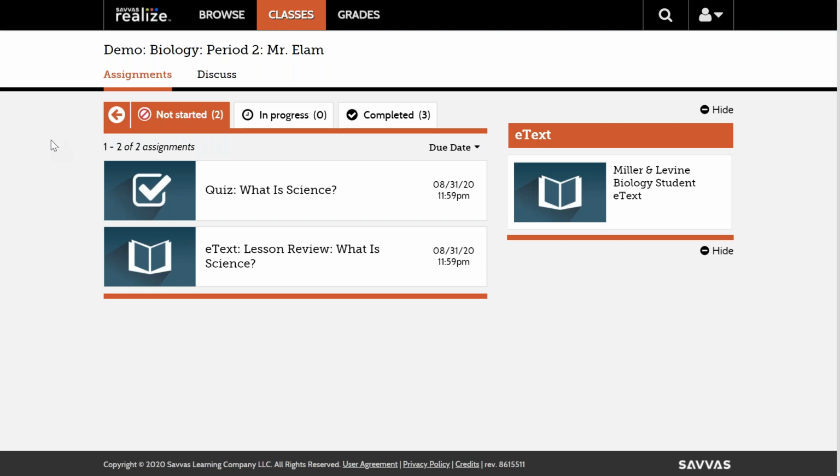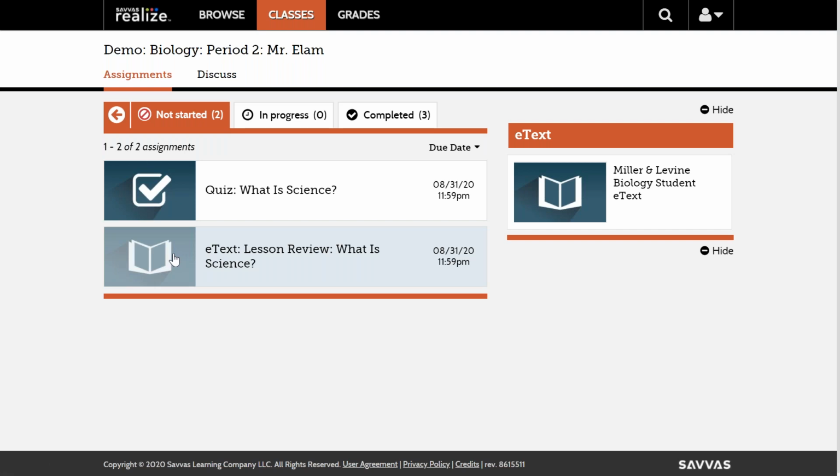There are 2 more types of activities that you may see in your students' assignments. One is an EText, the other one is a quiz. We're not going to spend a ton of time on a quiz, but I did want you to see what those look like. The EText icon that you see, if it's under an assignment, what that means is that this